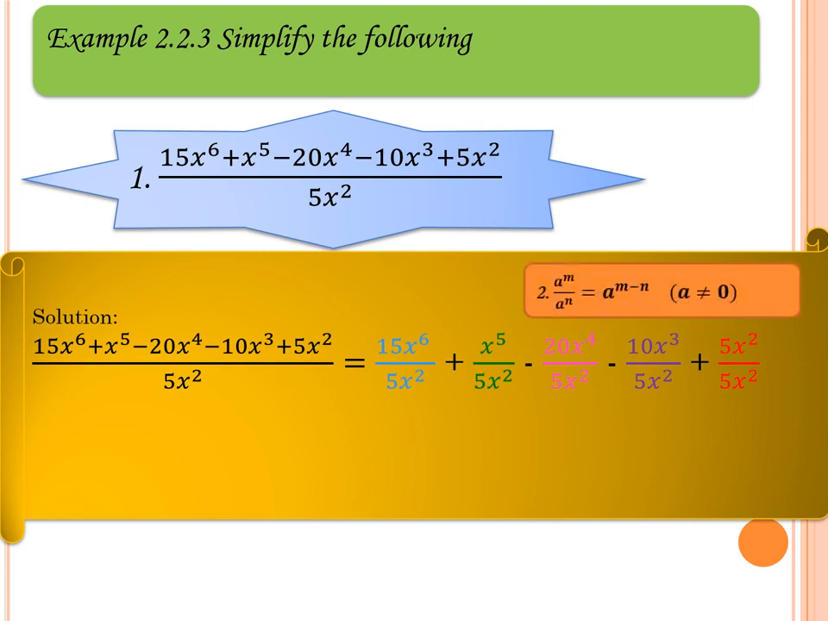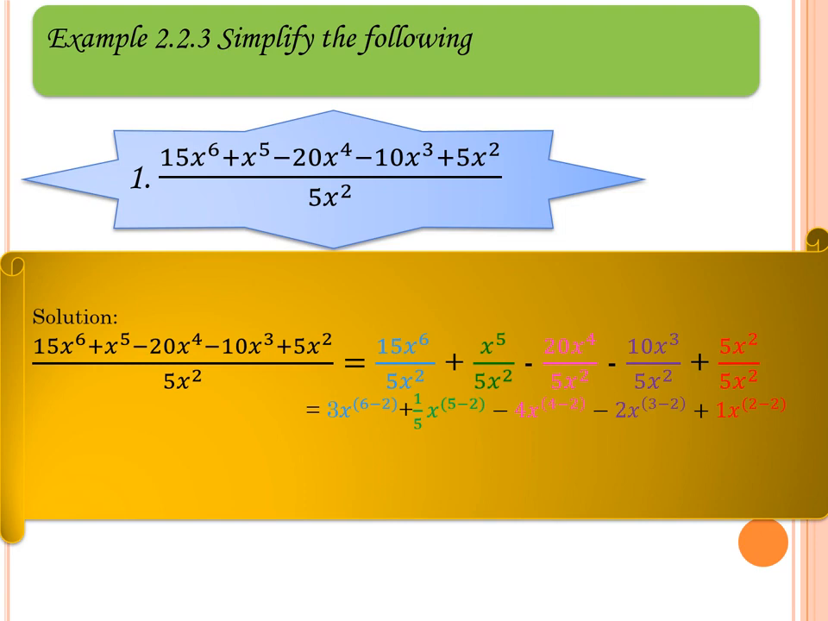So, recall natin yung laws of exponents, number 2, given in this form. Okay? So, we're going to use this one to simplify this expression. So, for our first term, si 15x to the power of 6 over 5x squared is just equal to 3x to the power of 6 minus 2, since 15 divided by 5 is equal to 3, and x to the power of 6 divided by x squared is just equal to x to the power of 6 minus 2,